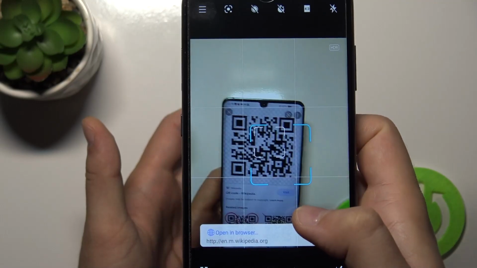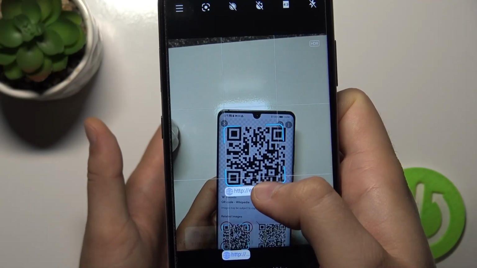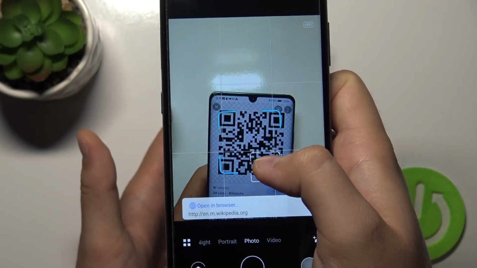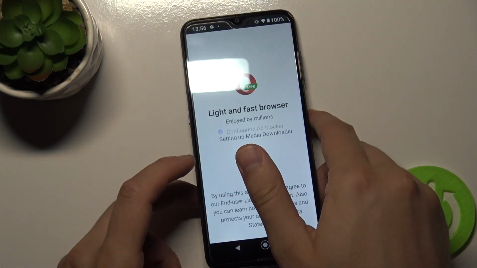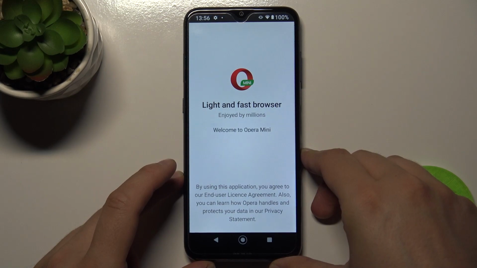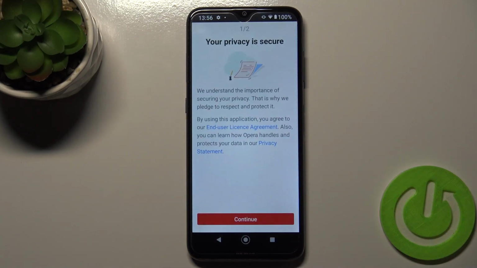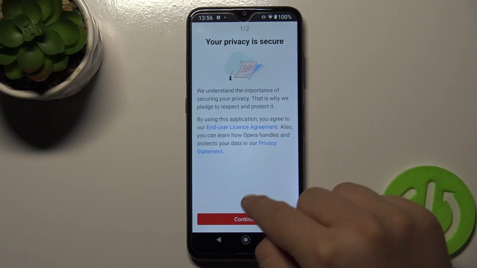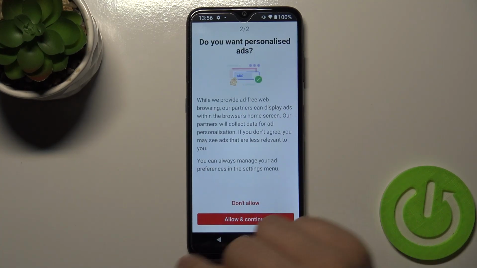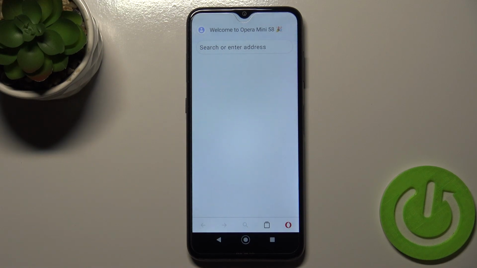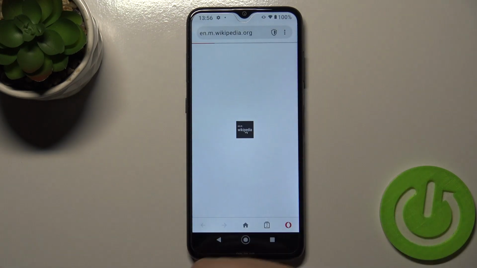And as you can see here, we got information. We can open it like that. This one. As you can see, we can open it in browser when you tap on it, and it will be moved to the website from our camera application. Let's accept this stuff. As you can see, there it is, our QR code